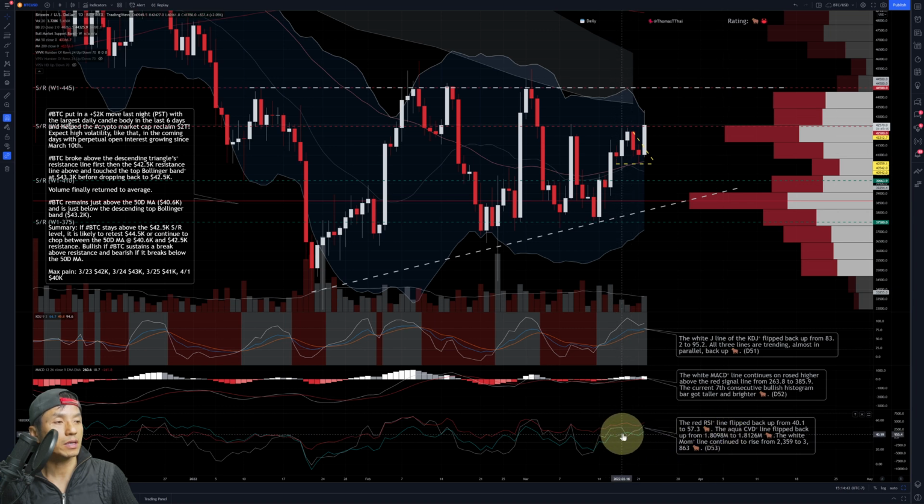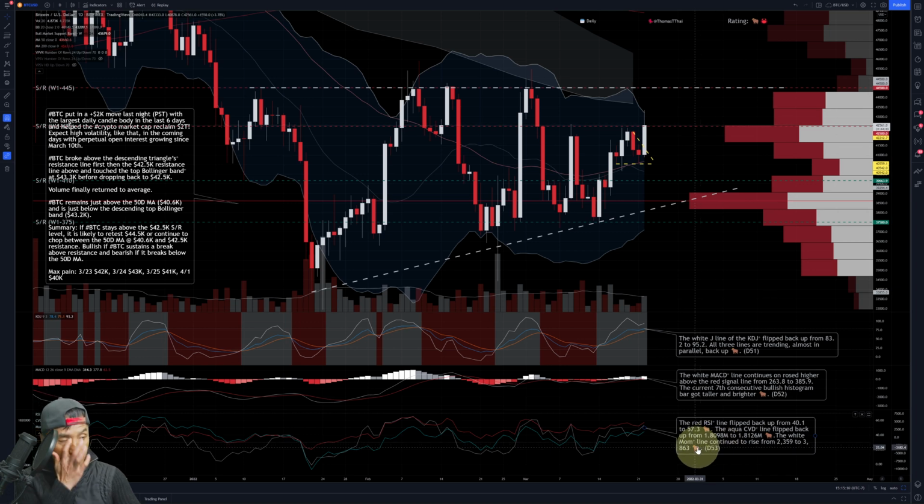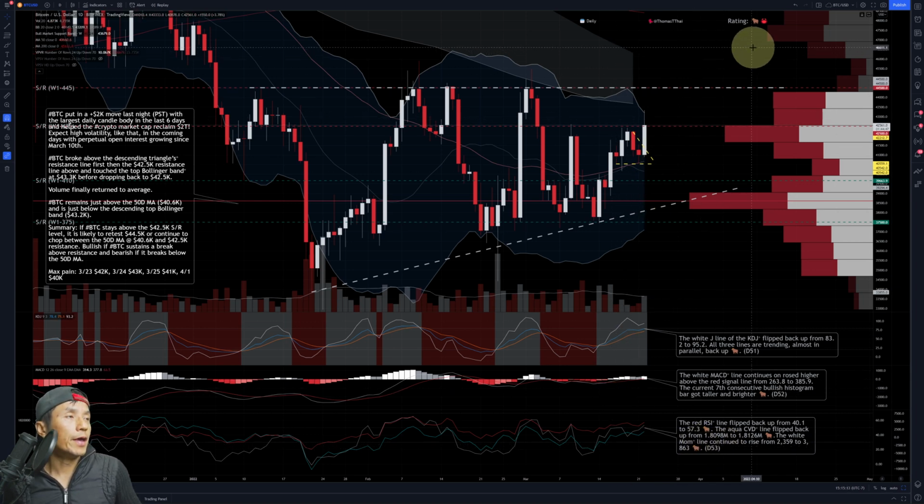The aqua cumulative volume delta line here flipped back up from 1.8098 million to 1.8126 million. That got a bull. The white momentum indicator was trending up and continued to trend up from 2,359 to 3,863, and that also got a bull. I gave this reading here a bull and a crab because I think it's going to